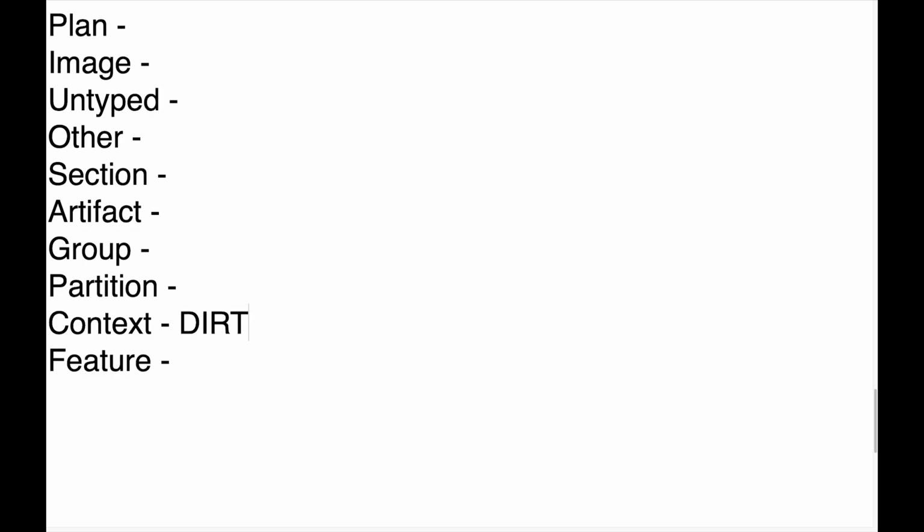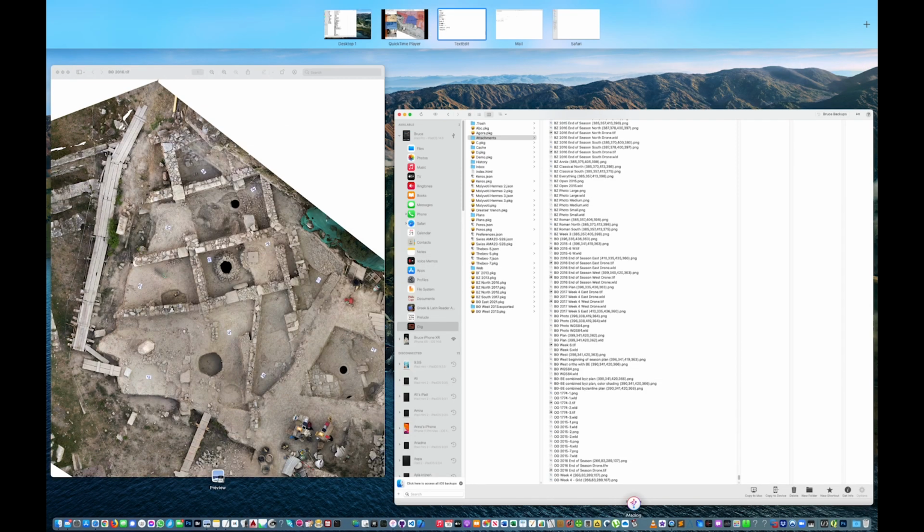It usually has a top polygon. It usually has a bottom polygon. It should be included in cross sections and things like that. The feature type is similar, but usually features are things in your trench that do not get taken out, like a wall or something you're going to leave there. And so the feature type usually has a top polygon defining its area, but you don't know the bottom. So if you don't know the bottom of it, because you don't know how deep that wall goes,